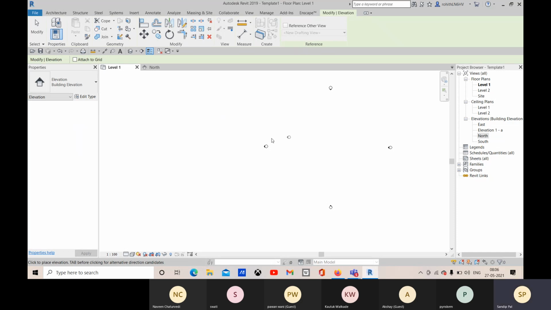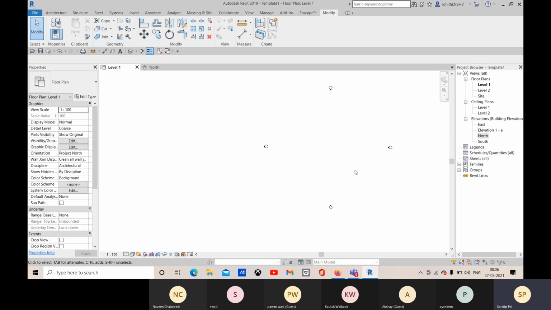Sorry, guys. So you can press either escape twice or press MD as a shortcut for modify, or you can click on this modify option to escape from the creation mode. All right, so let's press MD